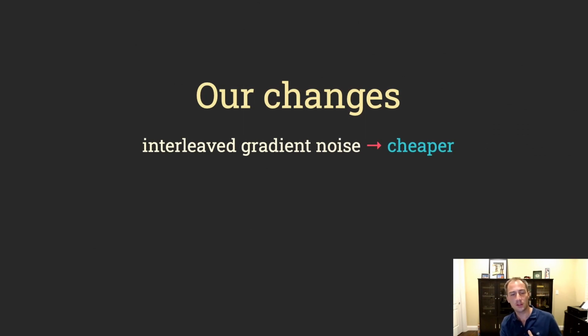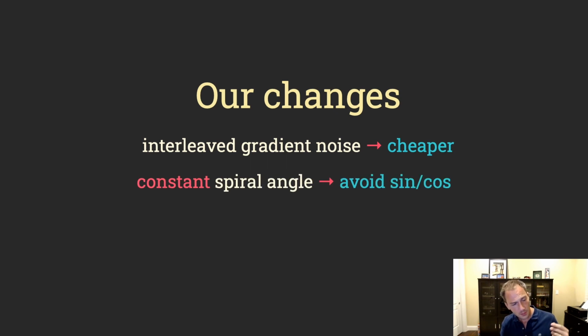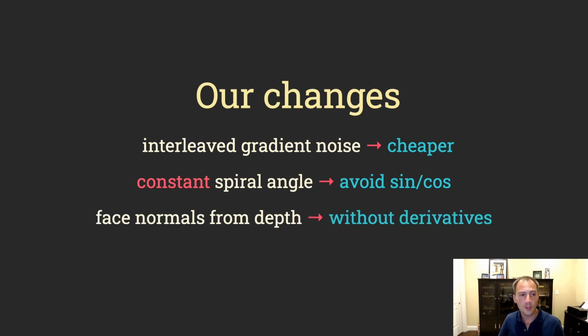We've made a few changes to make it faster. We changed the noise to use an interleaved gradient noise. It's cheaper. The sampling pattern, originally, is a spiral and it uses sines and cosines. Those are EFU instructions on Qualcomm GPUs, so they have higher latency and use more power. Instead we use a constant, which is much cheaper. We don't reconstruct the normals using derivatives because on mobile we only have partial derivatives on a lot of GPUs. The code that we have instead, which computes the normals at full resolution, is just as fast as the derivatives anyway. And of course, we made the code friendly for half-floats.